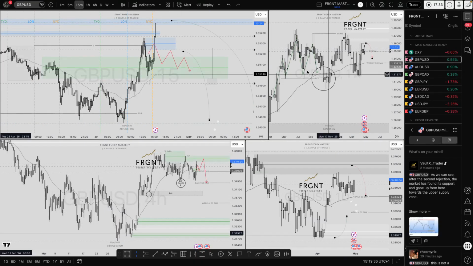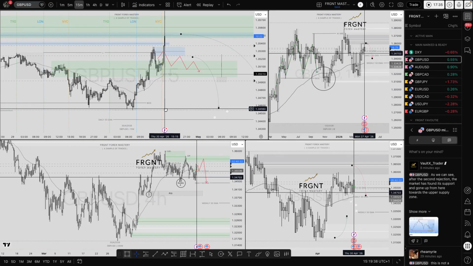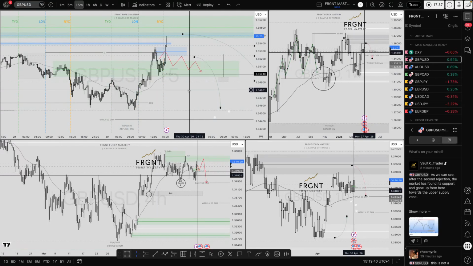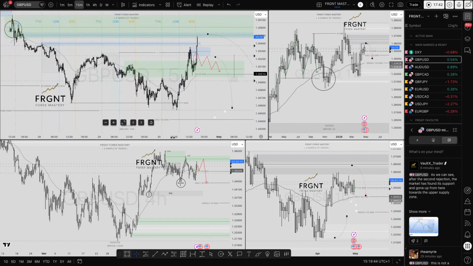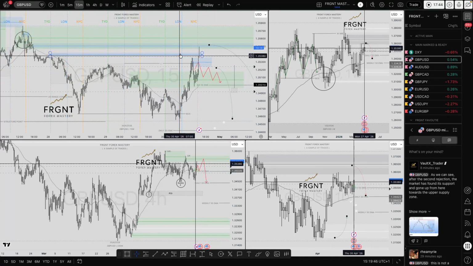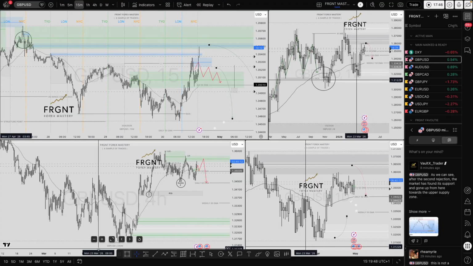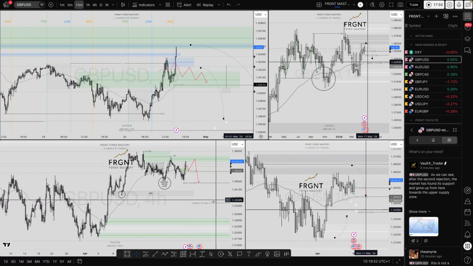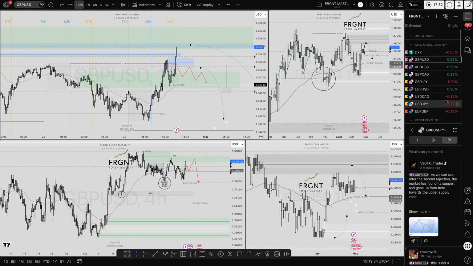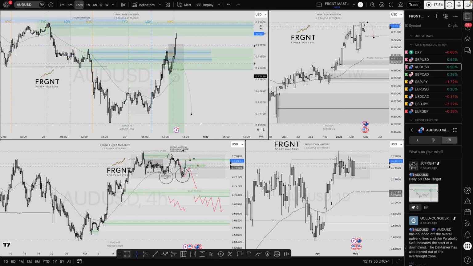Looking for GU potentially to find a reaction up at those highs. Looking now to start cleaning this chart up a little bit more and understanding, is the DXY ready for a turnaround long now, potentially up at these highs for a nice higher time frame directional position. We've got a decent amount of range down to the 4-hour 50 MA for management, and then the daily 50 MA as target. AUD USD wasn't to be.